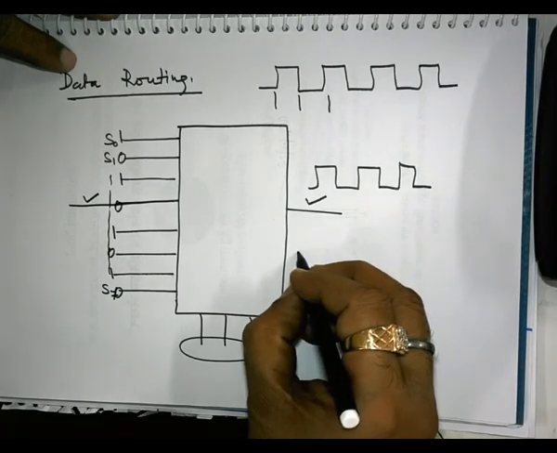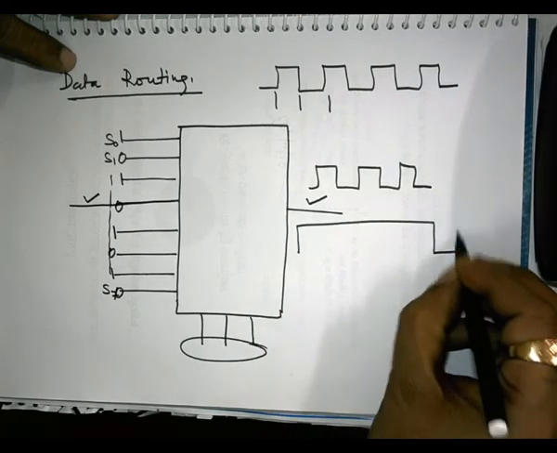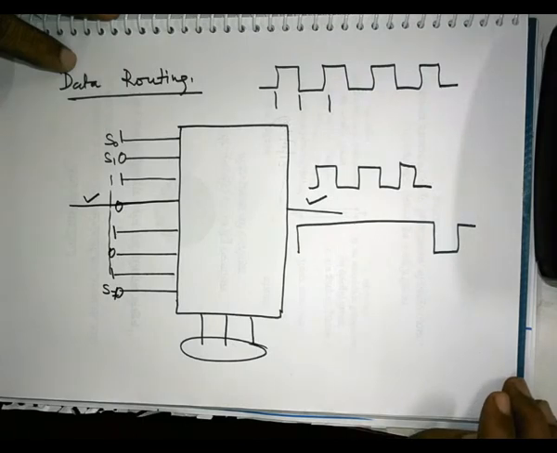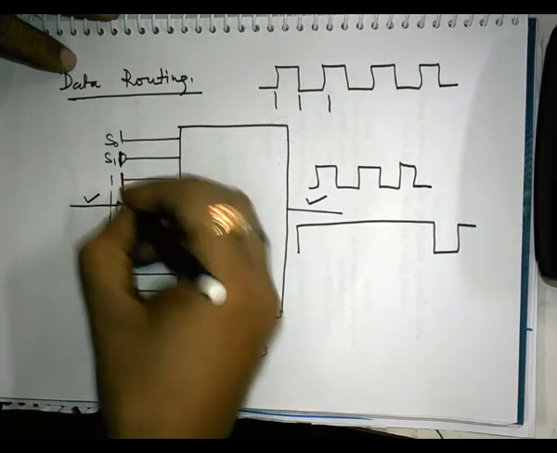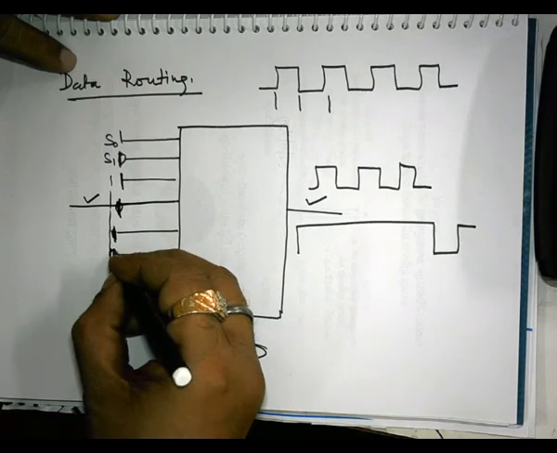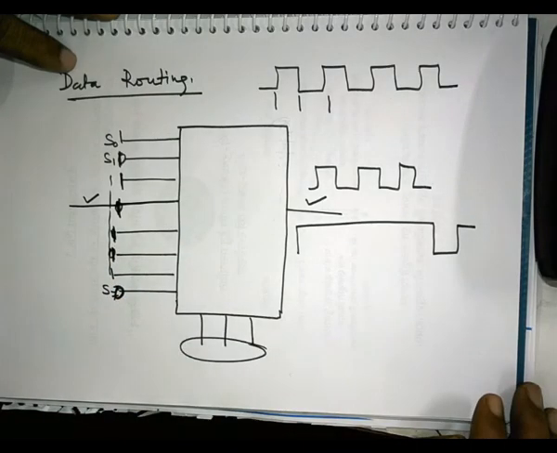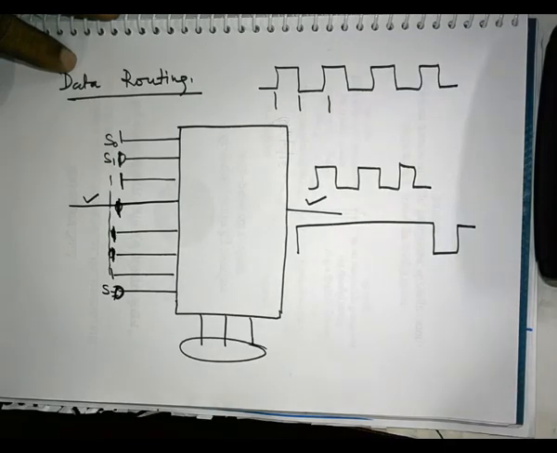So this way we can use this mux to generate a selected function. You can also make it 1 for a certain time and then 0 by asserting 1 at all these lines and 0 at one of the lines. So you can generate one-shot kind of pulses using a mux. So you can generate pulses of your desired shape using a mux.